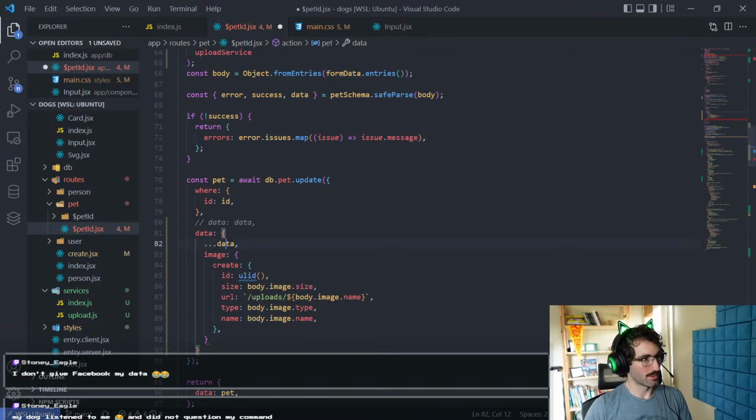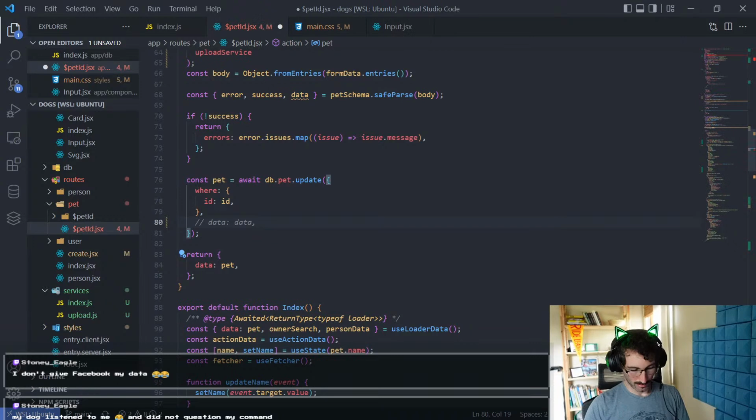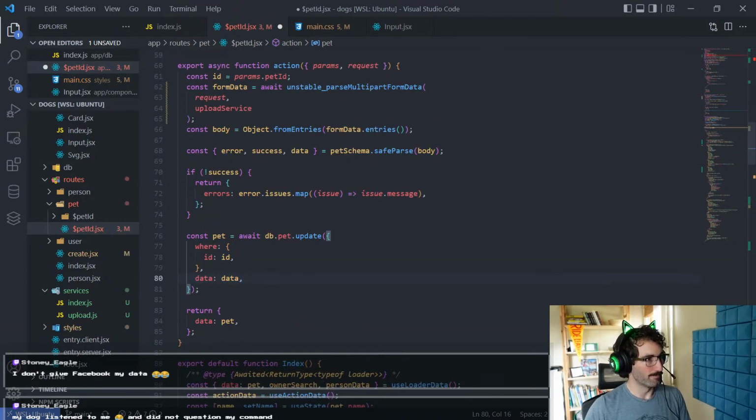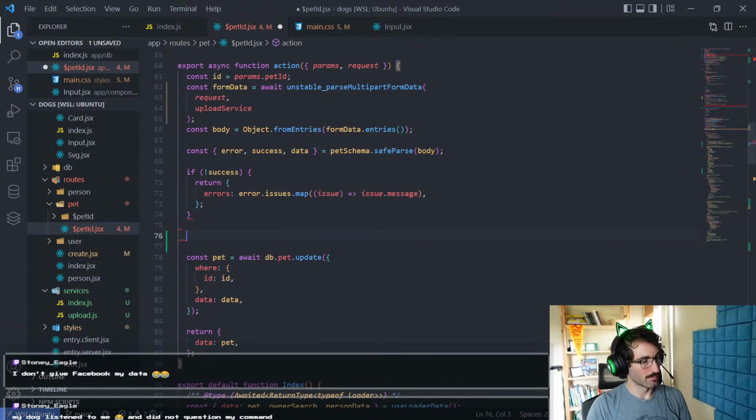I think what we need to do here, this is what we need to do. We're not going to push that. We're actually going to leave that exactly how it was. But we're going to say, if we're not successful, we'll return an error. If we are successful, then we're going to say if